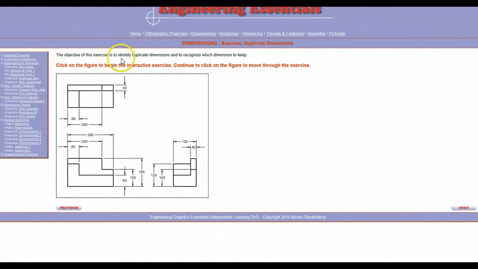Okay, now here we're going to identify duplicate dimensions and recognize which dimensions to keep. Once again, here you have an orthographic projection that shows the shape of an object, this being the front, this being the right, this being the top. But one of these views is not really necessary. Hint, it's going to be the top, because when we look for duplicate dimensions, we will notice the